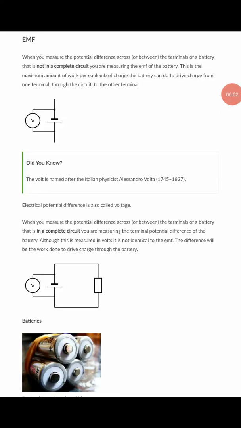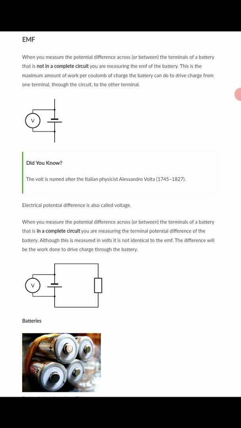Okay, done with potential difference. Let's move to EMF. Yeah, I believe we're not strange to that word EMF. Electromotive force. Okay, when you measure the potential difference across a battery or between the terminals of a battery that